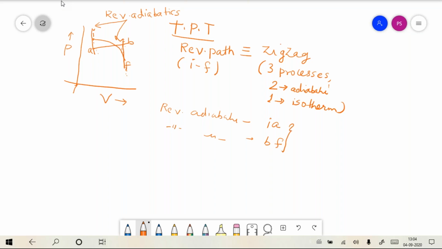Should be drawn such that the area under IABF is equal to the area under I to F. Okay, they should be drawn such that the area under